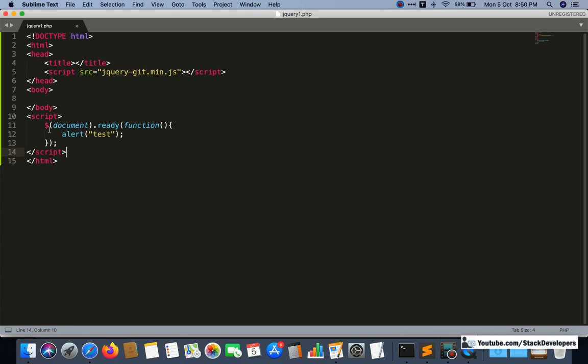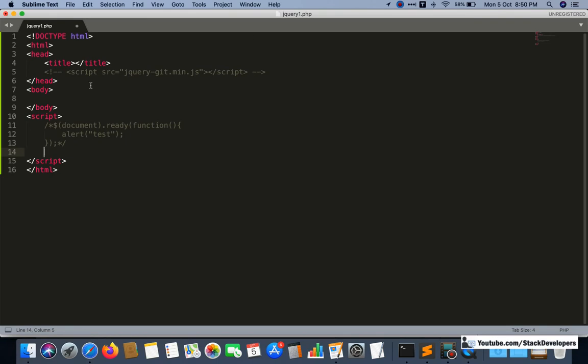See here, I will show you: this one is not required for JavaScript, and this one is also not required. In JavaScript you can directly write anything you want, and that will get displayed.